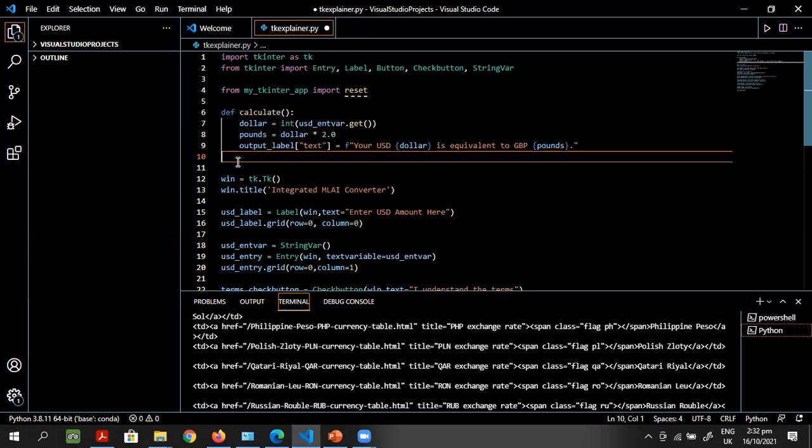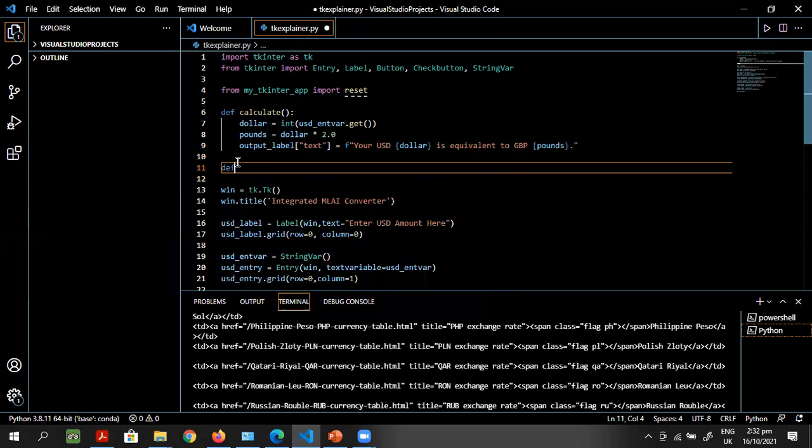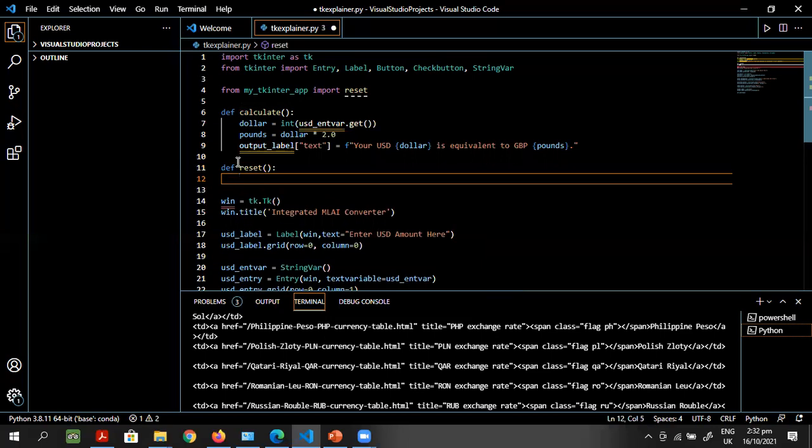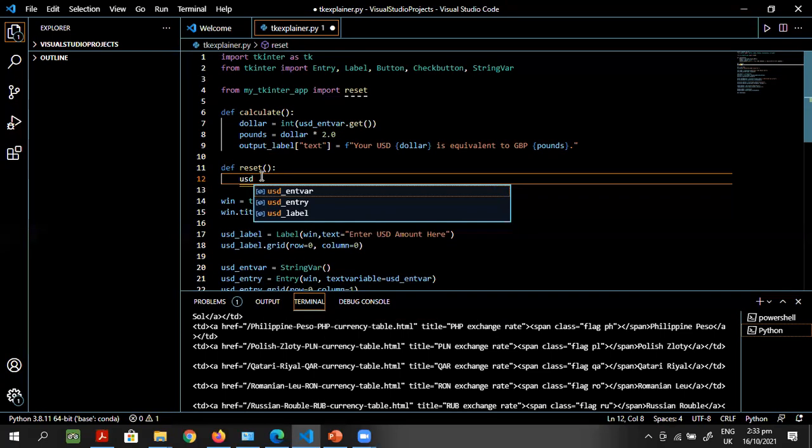Then the next button we're going to do is the reset button. So let's create the function for reset. All right. And for our reset function, all we are going to do is take this same entry box, all right, and clear everything that is inside the entry box, the text variable, okay? So we are going to just call this USD entry